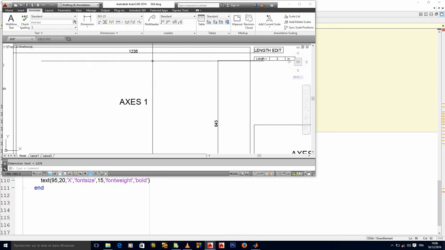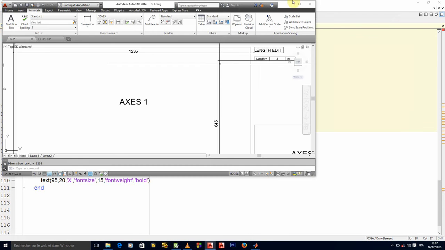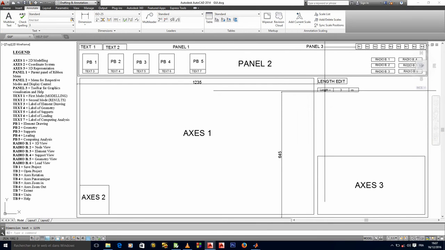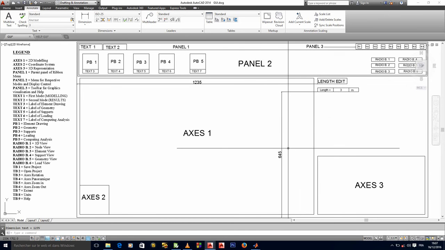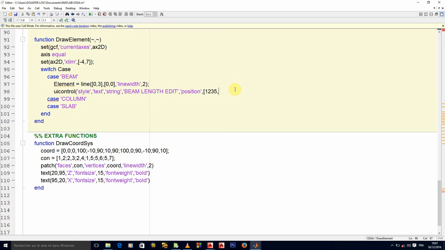So we had 1, 2, 3, 5. So it will be 1, 2, 3, 5. Following the Y. Following the Y, we'll have 6, 4, 5 plus 20, which is the height of this, plus 20, which is the space between them. Okay, so that will be plus 40. So it will be 685. Okay, so I will have 685. I will have a width of, say, 150, and then a height of 30.